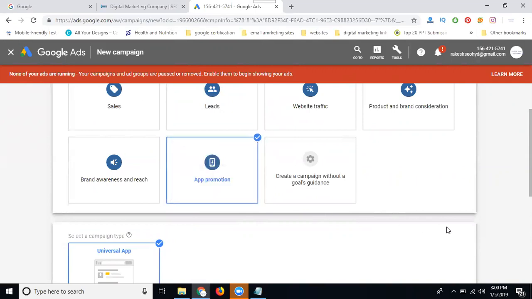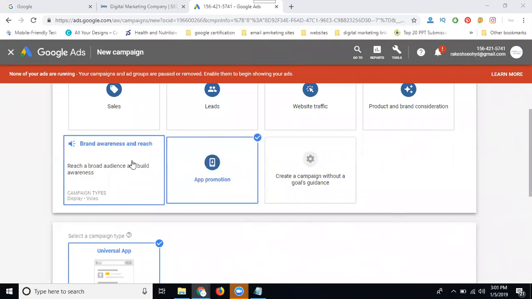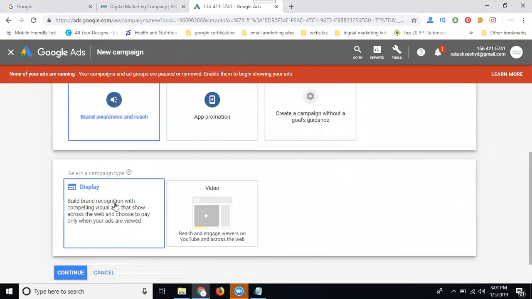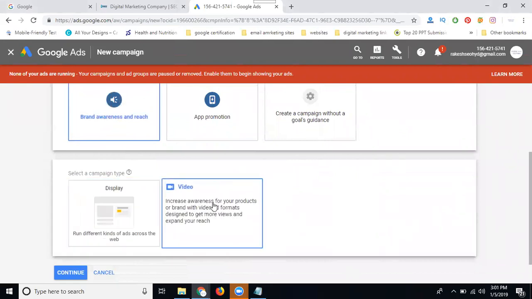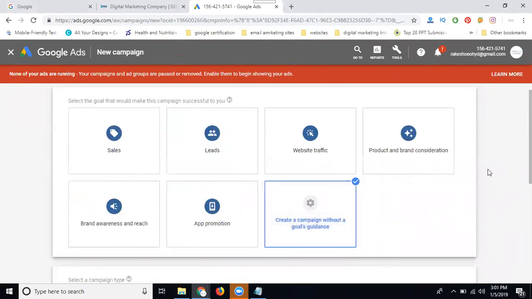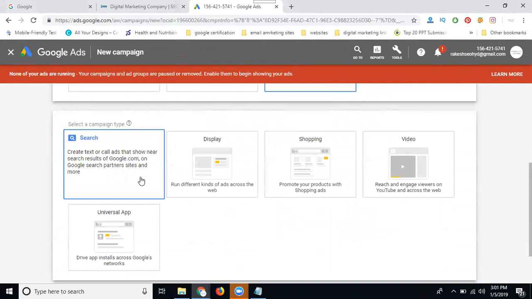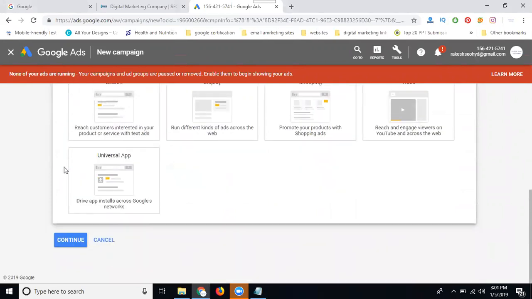Please note it. If you are promoting for brand awareness and reach purposes, just select the display ad option. Suppose you create a fresh display campaign: click on campaign and it shows another five campaigns. After clicking the main campaign, how many campaigns does it show? Five campaigns. In these, we can create search, display ad, mobile ads, YouTube ads, and shopping ads.